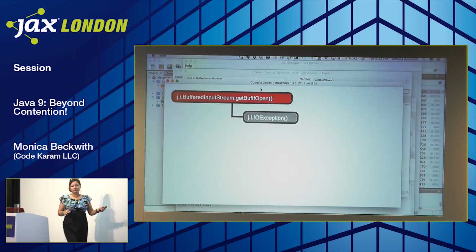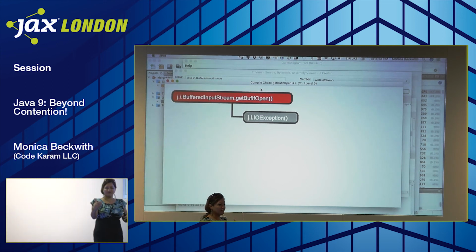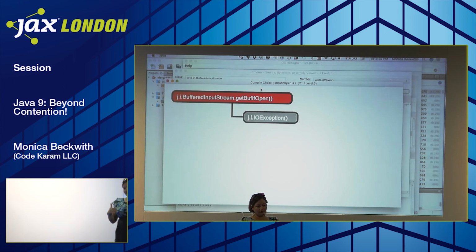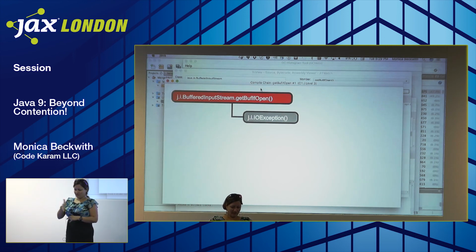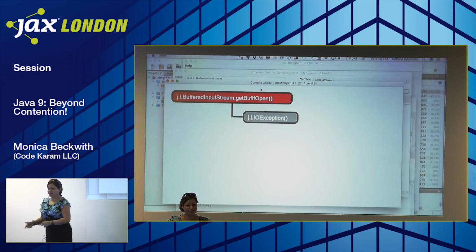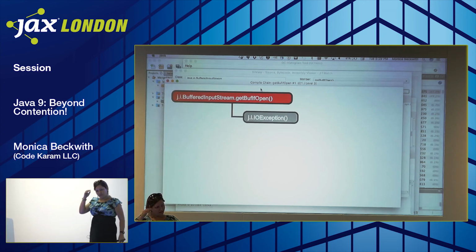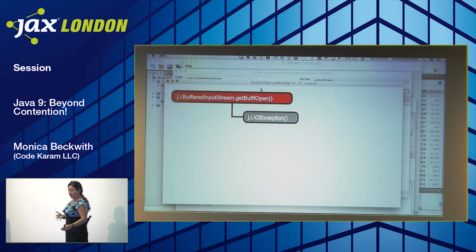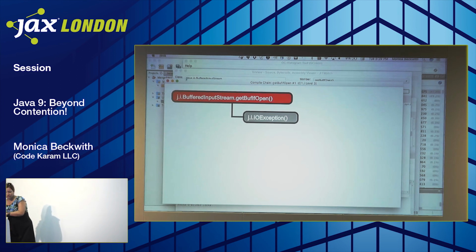This is what helped me look at the nested megamorphic call site, because it showed me different levels of compilation, and it showed me why. First it would try to inline something, but that something got recompiled. So of course it has to de-optimize everything and then go back to compiling again. So it went from compilation to de-optimization to compilation multiple times. I was confused, why is it doing that multiple times? Because of this kind of flow chart, I could understand that the nested call site itself is megamorphic. So I'm getting megamorphic to megamorphic to megamorphic, and it's recompiling and re-optimizing everything else. So, very good tool, JITwatch.